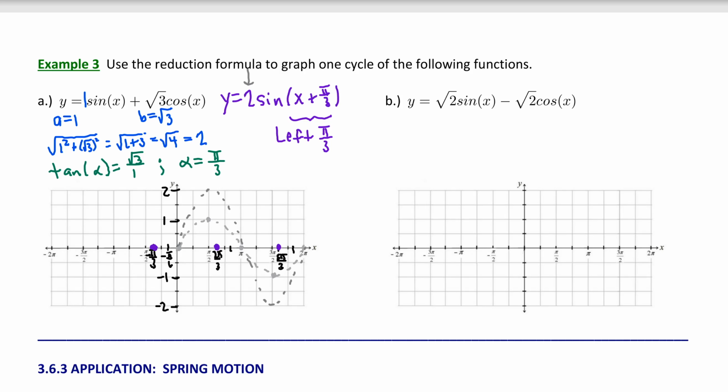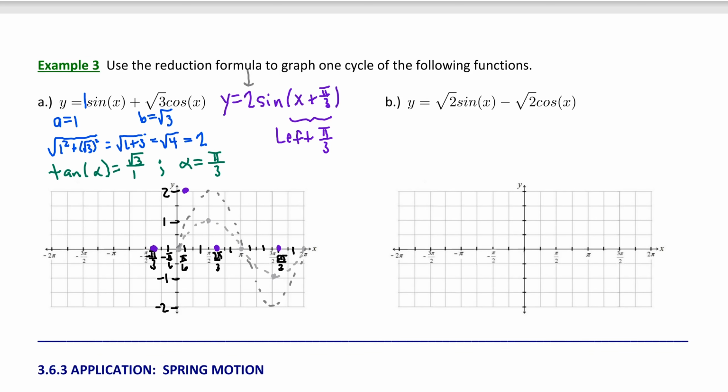Now the maximum point occurs at x equals pi over 2. If we move that left by pi over 3, it's going to land at pi over 6. So our new maximum would be here. And the minimum point, which occurs at x equals 3 pi over 2, would move left by pi over 3 units and land here at 7 pi over 6. Then we can sketch in our